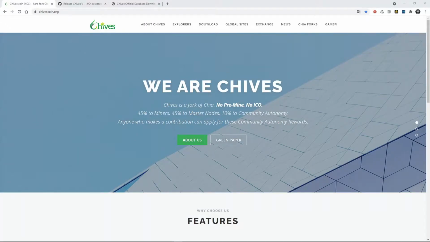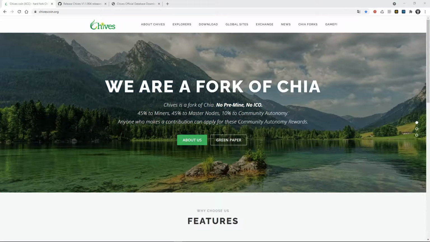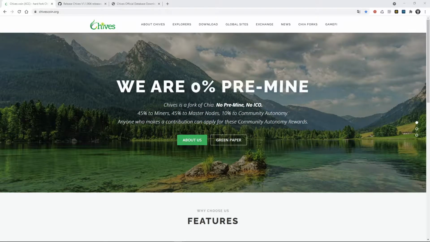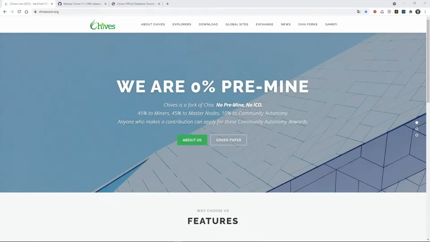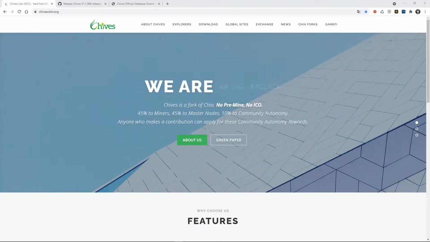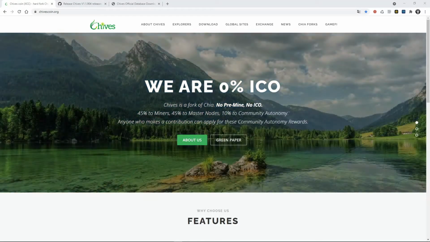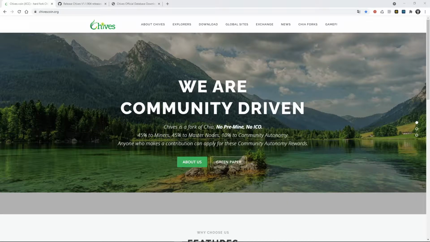Hello guys, today I will talk about Chives and how to install their wallet, and also how to download the database from their website and upload your wallet, so you are ready to make a few plots and start to get money. But first of all, you need to access their website,